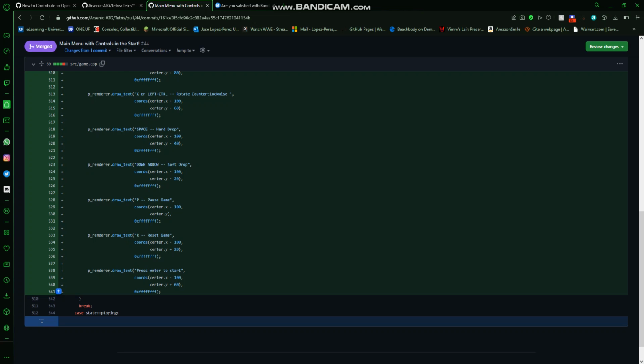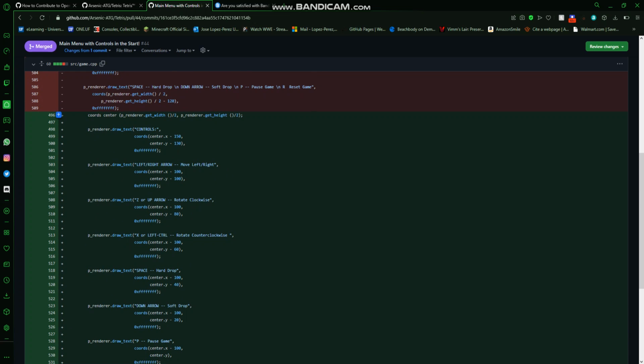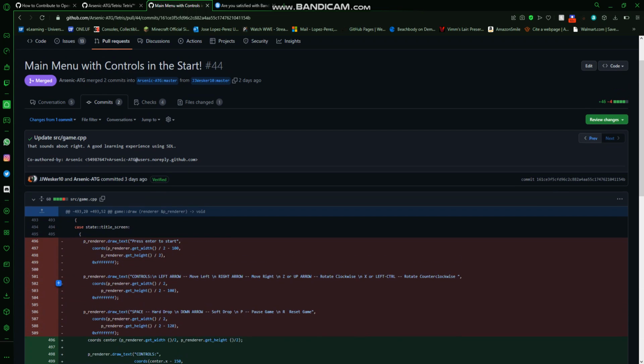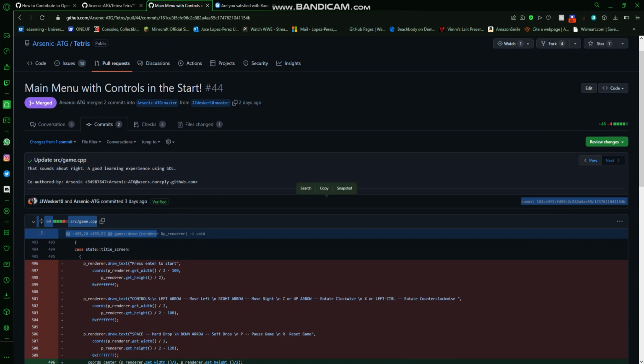and eventually closing the pull request that he and I worked on briefly. The only difference really is that for every new line, instead of just writing a new line, you write a new render draw text function with the string. And as you see over here, this commit was verified and officially merged